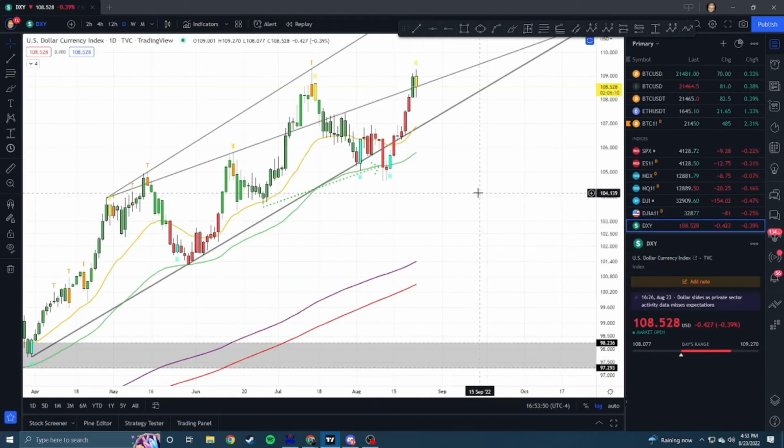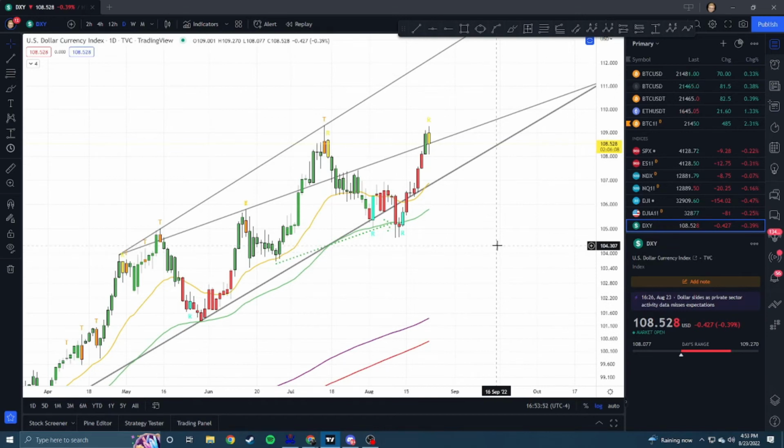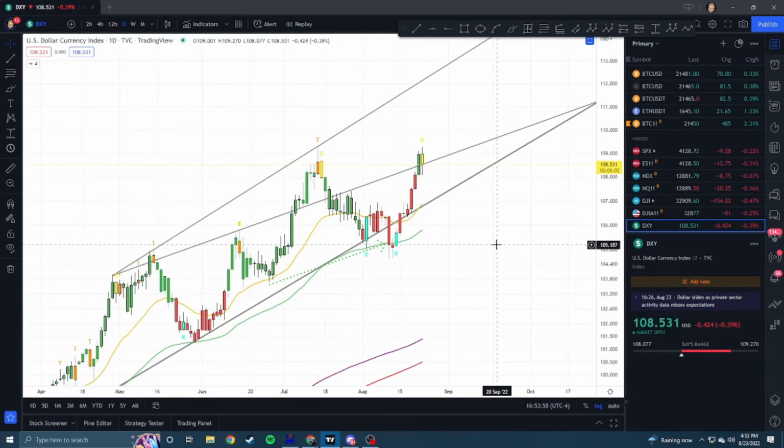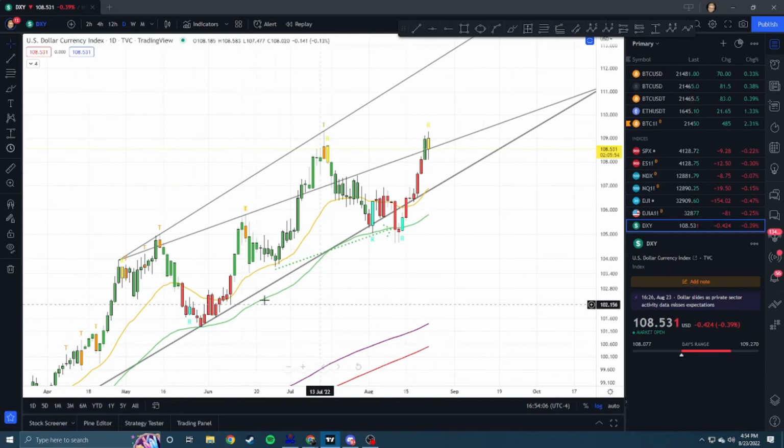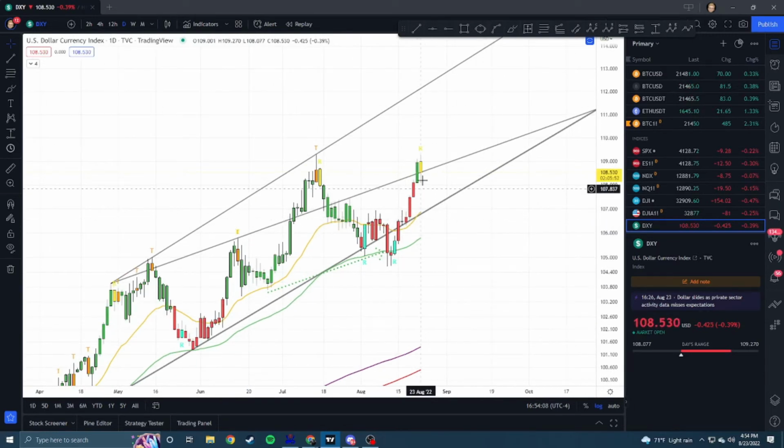Now quickly looking at the dollar. When we move to the dollar, we have to remember that this has an inverse relationship to Bitcoin, or tends to have an inverse relationship to Bitcoin. We talked about a break into this pseudo trend line support area, and we did get an extension past it. We did move beyond our most conservative goal, and